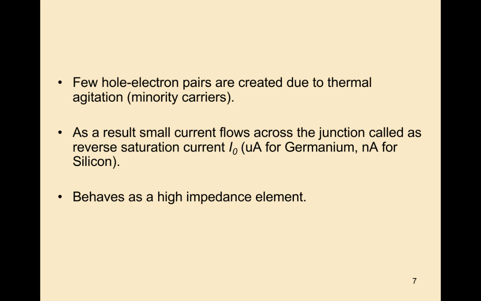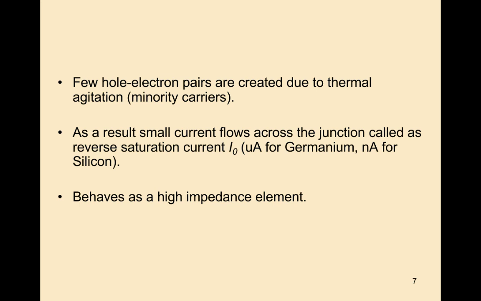By connecting in this way, we call it a reverse bias connection. So when you connect the diode in reverse bias mode, what will happen? The holes from the P side are attracted towards the negative terminal of the battery. The electrons from the N side are attracted towards the positive terminal of the battery. Due to this, there is an increase in the width of the depletion region. There is no movement of charge carriers in the diode. No movement of charge carriers means there is no current flow in the diode.